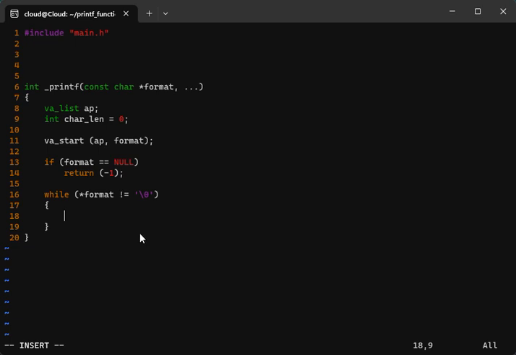All right, now we'll say if format is equal to percent, can we go to the next memory location in the block of memory? Because this is a block of memory. Let's go to the next block and check the character that is there. Now we say, okay,